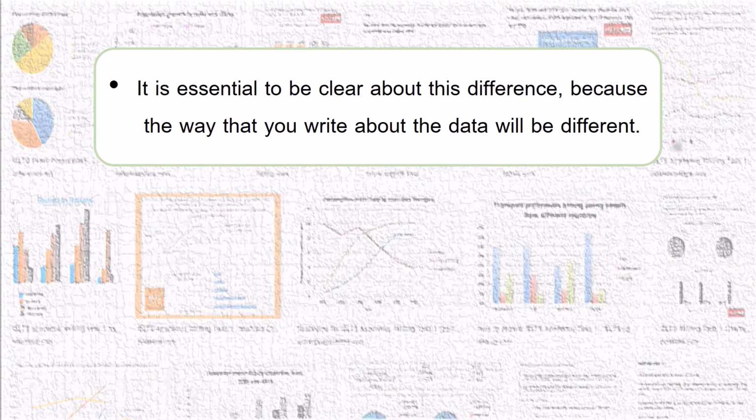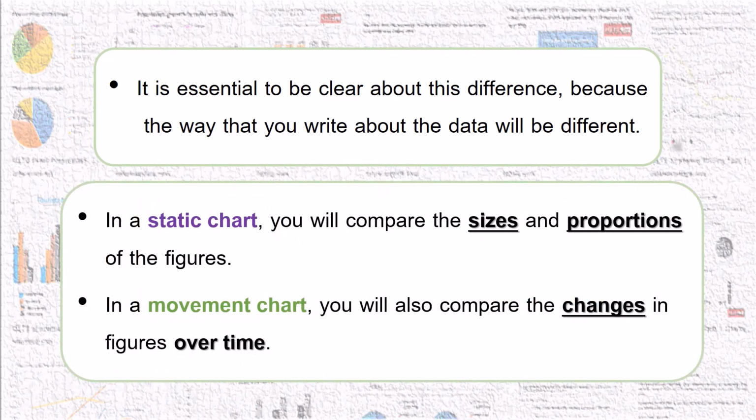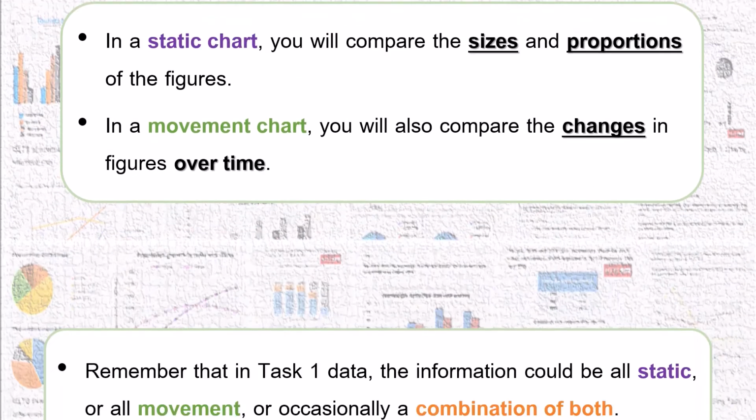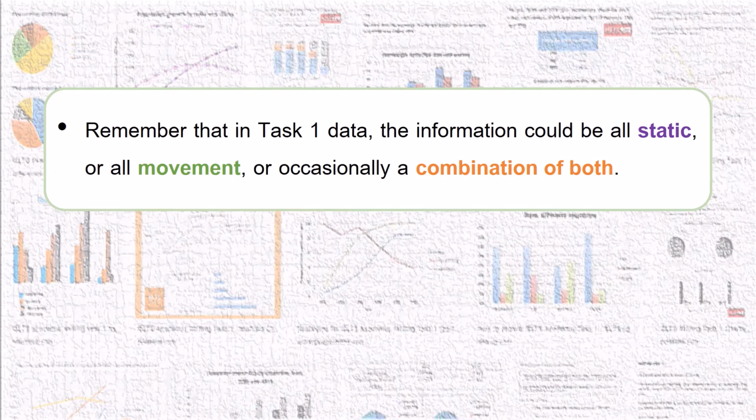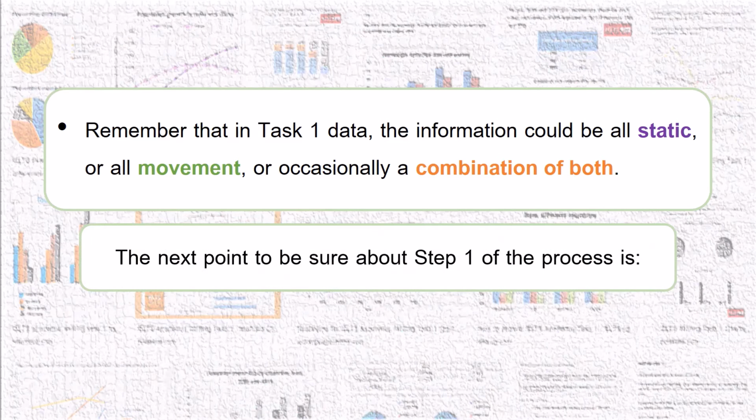It is essential to be clear about this difference, because the way that you write about the data will be different. In a static chart, you will compare the sizes and proportions of the figures. In a movement chart, you will also compare the changes in figures over time. Remember that in Task 1 data, the information could be all static, or all movement, or occasionally a combination of both. The next point to be sure about Step 1 of the process is